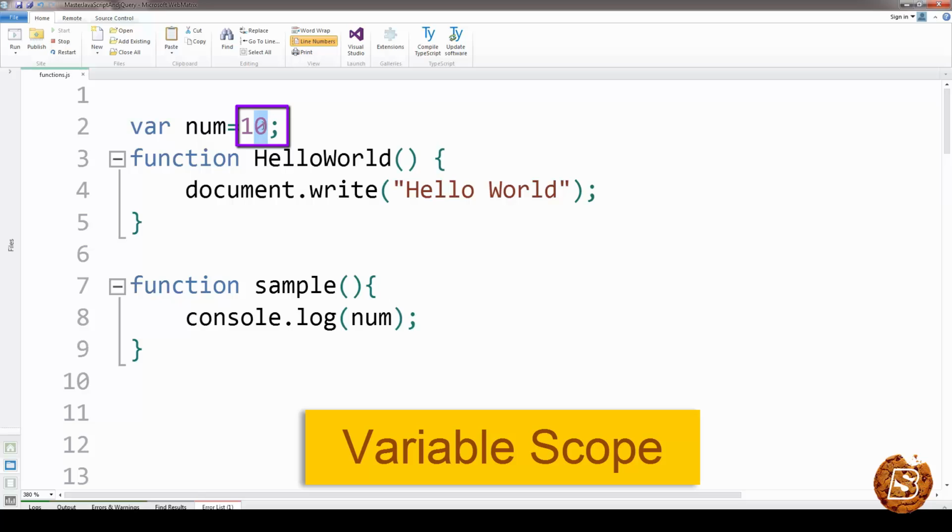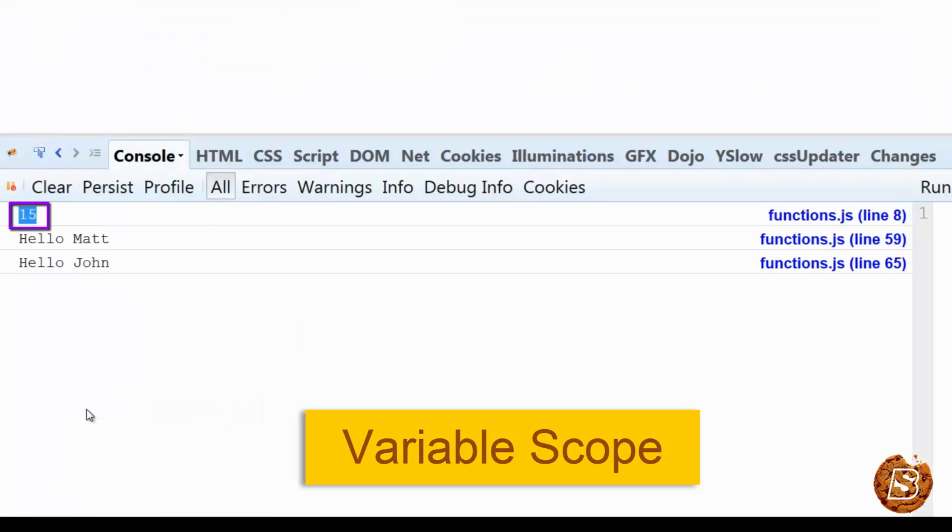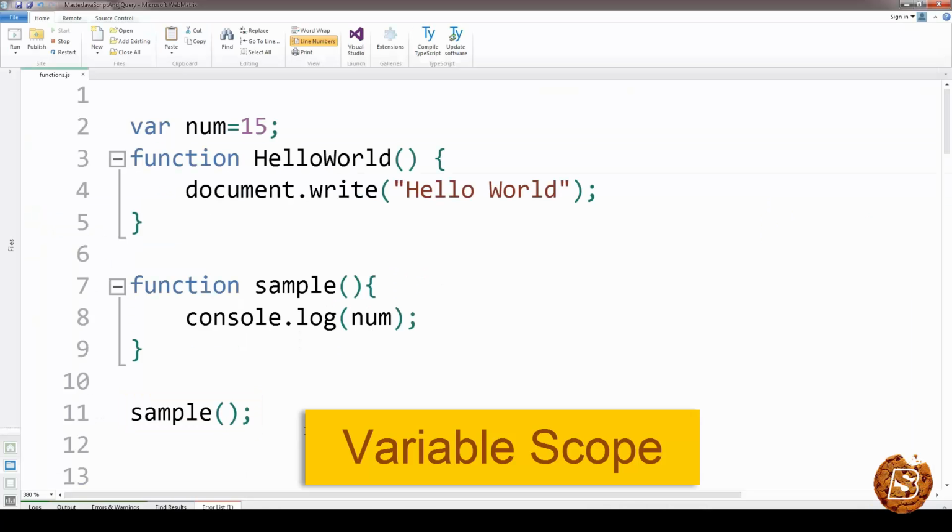Let's change its value to 15 and save this, and now run this in browser. So here you can see the value 15 coming up, and that's possible because num is a global variable over here. So that was all about functions and variables scope in JavaScript. In upcoming lectures we'll be covering closures,